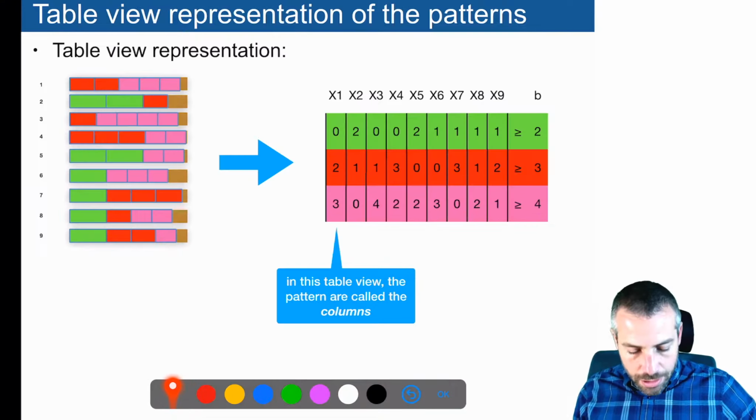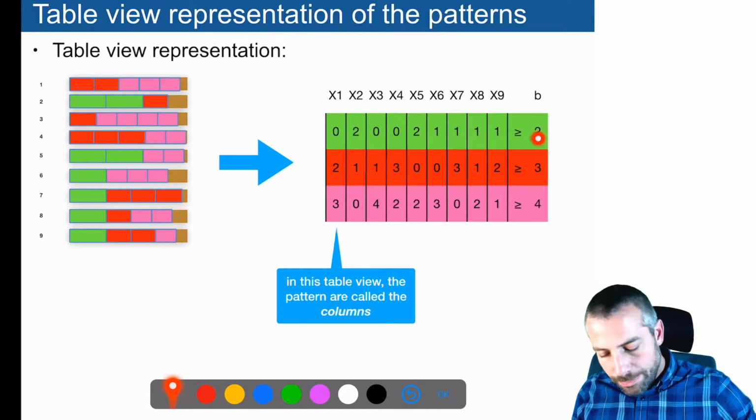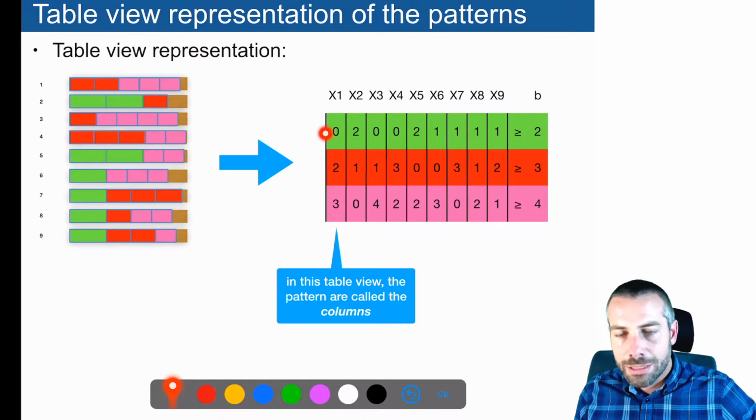And this pattern view, I can represent it like this in a table view. I will introduce one variable here for each column. Each pattern will be encoded by the number of times each order for each color will be present in this pattern.